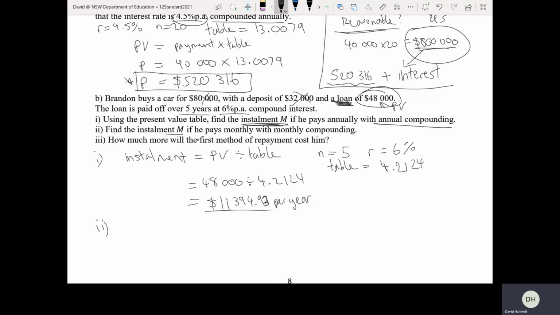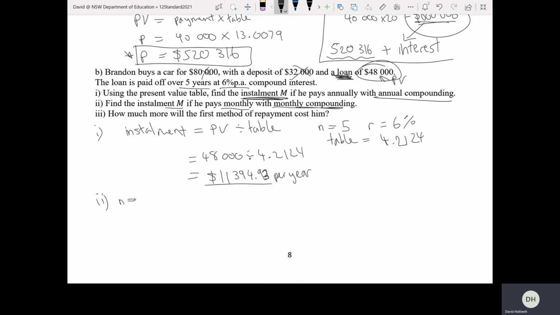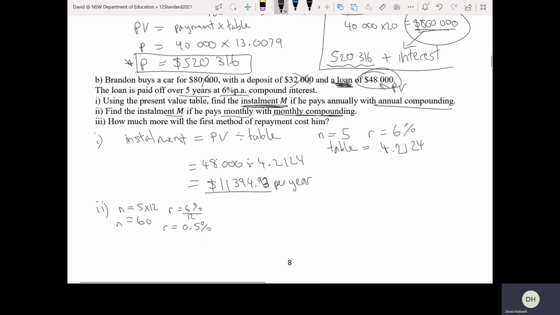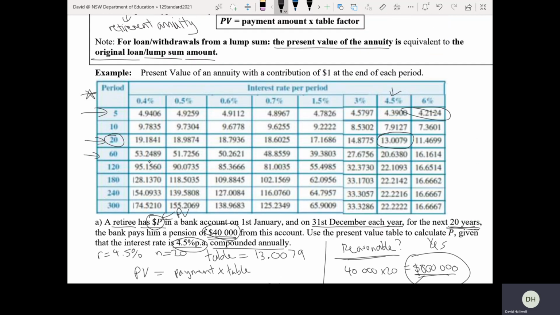Find the installment if we pay monthly rather than yearly with monthly compounding. So we're changing everything to monthly. So the first thing is I'm going to change N from yearly to monthly. So I'm going to times by 12. N is 60. And my R, I'm changing it from yearly to monthly. So I need to divide by 12. I'll get 0.5%. So I'm looking for N is 60, 0.5%. So N is 60, period of 60, 0.5%. There it is,